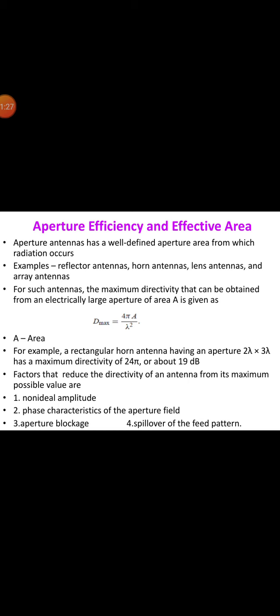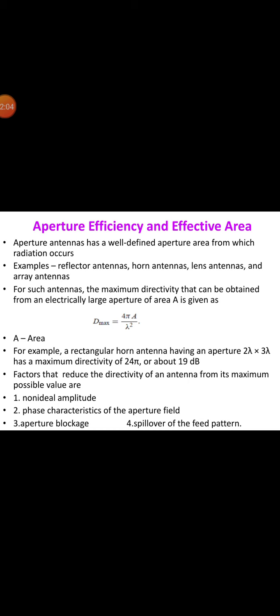Thus, the electromagnetic horn may be regarded as having an aperture, and the total power it extracts from a passing wave is proportional to the aperture or area of its mouth. But the field response of the horn is not uniform across the aperture because E at the side walls must be equal to 0. Thus, the effective area AE of the horn is less than the physical aperture and is given by εAP = AE/AP, where εAP is the aperture efficiency.